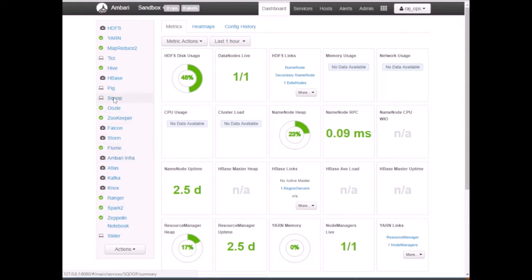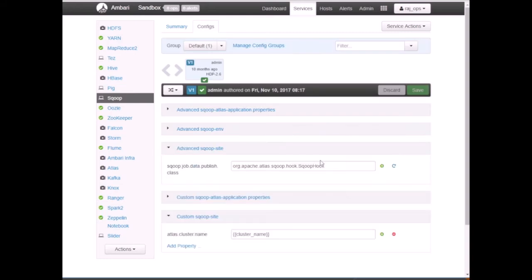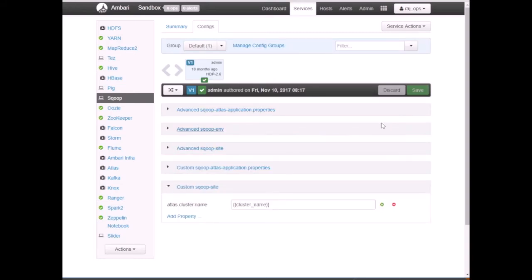So click on Sqoop, and here you see a Summary tab and a Configs tab, right? Click on Configs. So here you see the configuration which is part of the Sqoop setup on the HDP Sandbox. And here at the end you have Custom sqoop-site, right? Click on this and it will open the properties that are already set, and you can add a new property